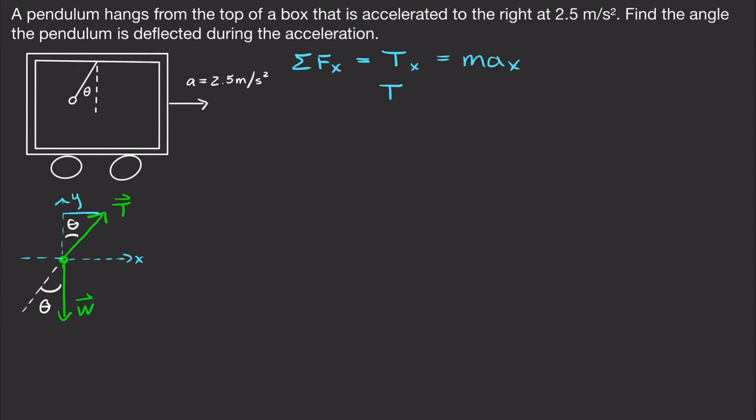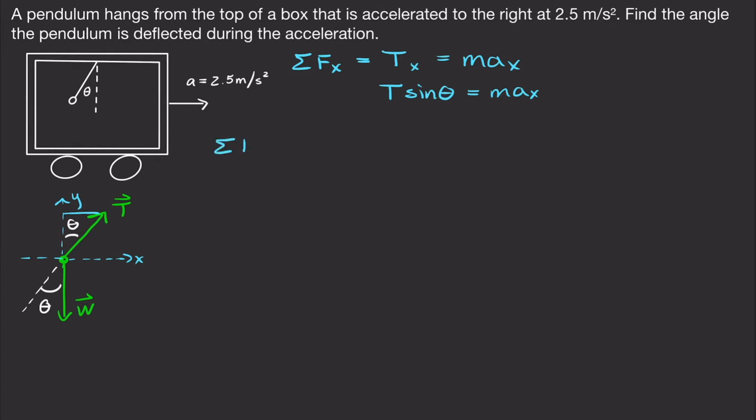So my x component will be T sine theta, and that's going to equal mass times acceleration. Okay, and that's as far as I can go. I don't know the tension, I don't know the mass of this pendulum, and I don't know, oh, I know the acceleration, and I'm looking for the angle. So I have too many unknowns to solve for theta, so I'm going to start summing up the forces